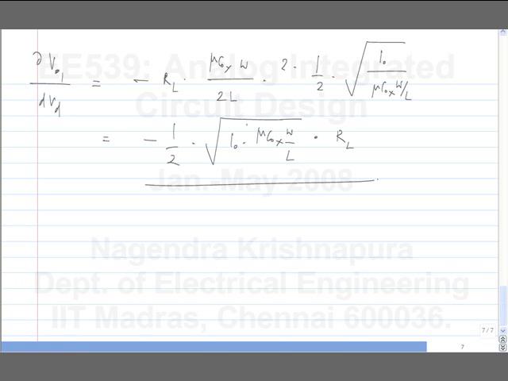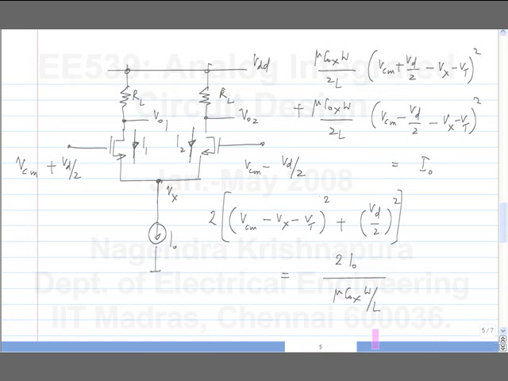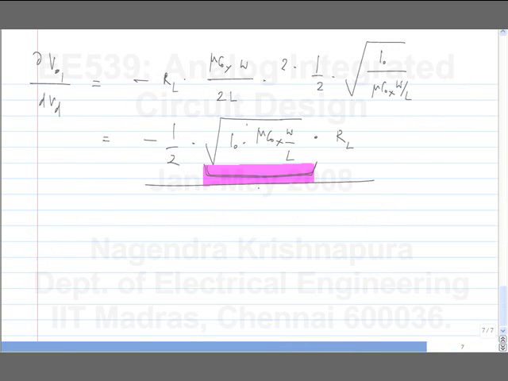And what is this thing? What is the term in the middle? If you look at it, each transistor carries a current I0 by 2 in the quiescent condition. So if you have a current I0 by 2, the GM will be square root of 2 times the current, which is I0 by 2 times mu Cox, the aspect ratio. So this term is nothing but the GM in the